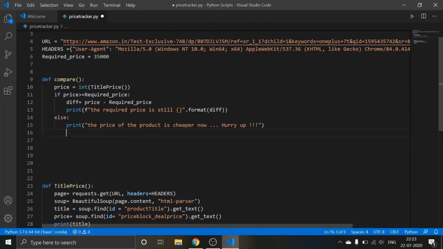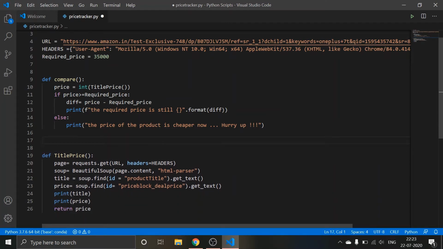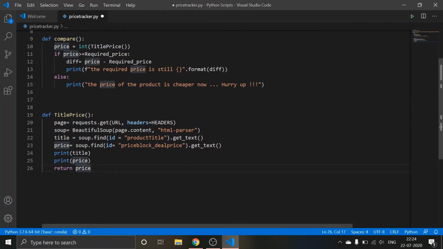so once this thing is executed, I want my third part to be initiated. What is the third part? So here comes the interesting thing. The third part is the moment I know that the price has been dropped, it should send me an email. And how is it done? Just follow me. Don't worry, chill.